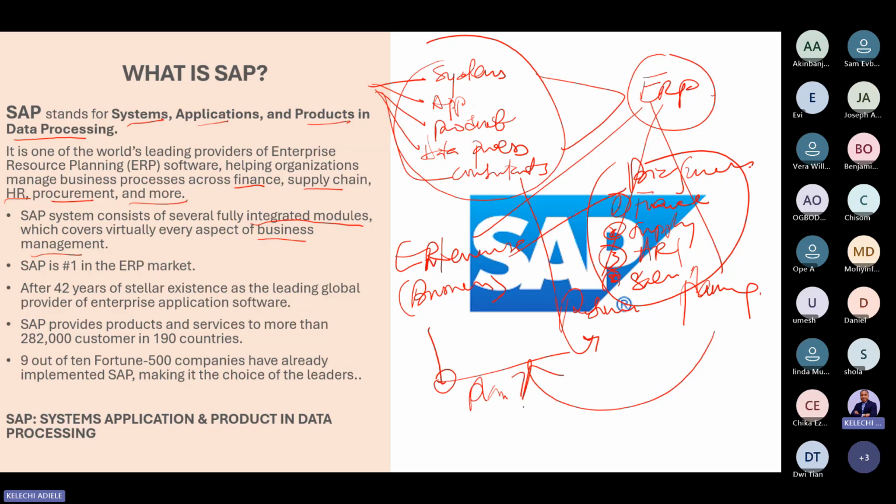They need resources, they need applications, they need systems, they need products, they need data, they need human beings. That's where the resource comes in. And of course, for us to better manage functions and resources, we need to plan. And that's where planning comes into play. When you talk about ERP, these are the cardinals of what an ERP is.